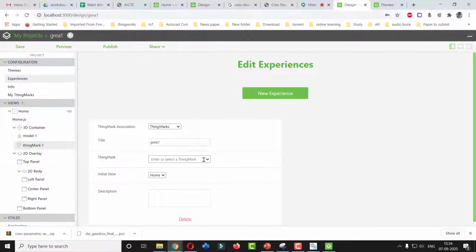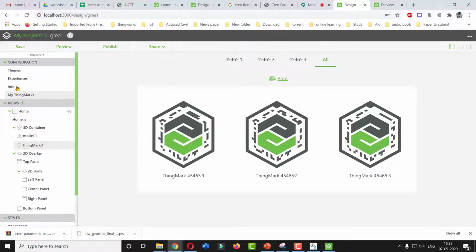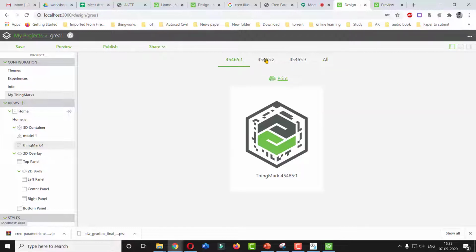Basically, whenever you create your account, it is going to provide you three theme marks which you can use. That theme mark you can view over here, in the configuration option there is an option of theme mark. This is the first, second, third. Whichever theme mark you are going to use, select it from here. Now I am going to use the first theme mark. So this is my first theme mark.